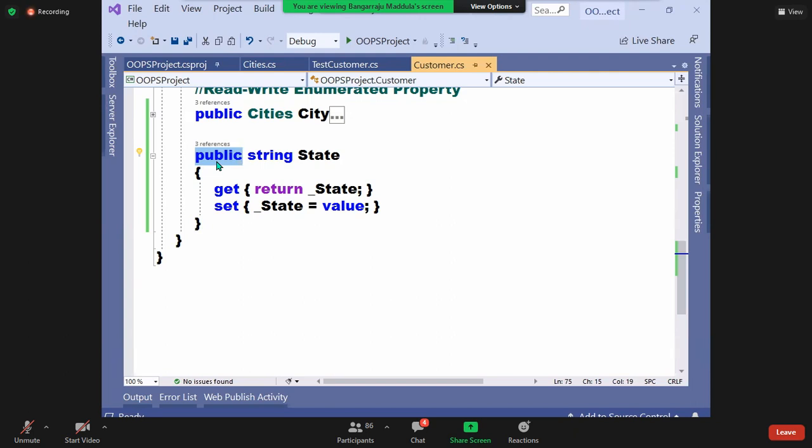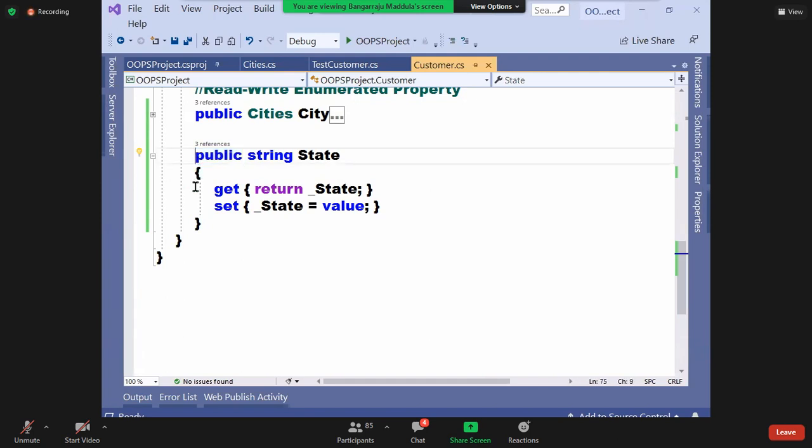If you focus on this carefully, I have a typical requirement. What is that? Get should be accessible to everyone, but set should be accessible only to child classes. Did you get my point? That's my requirement. But once declared as public, anyone can get, anyone can set.